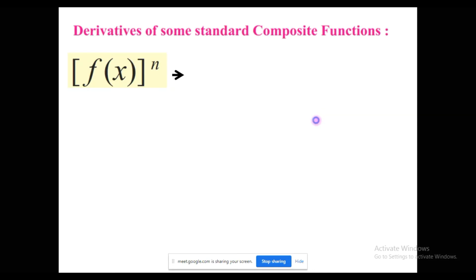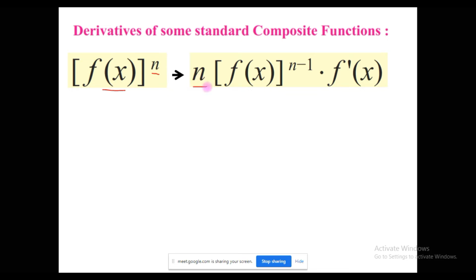First thing is a function, and next thing will be the derivative of the same. What we have here is f of x whole bracket raised to n. So we will treat this as x raised to n, and the formula for the derivative of x raised to n is n into x raised to n minus 1. As it is a composite function, I have to multiply this whole part by the derivative of the inner function. This is the derivative of the inner function.